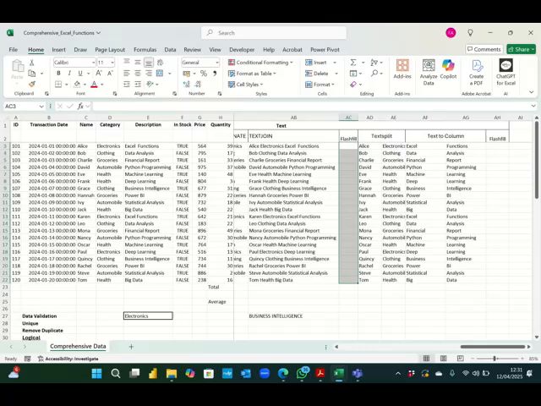I want to type the second one, electronics, then clothing. You see, when I start typing clothing, it now knows that the next one is grocery, the next one is automobile, and the rest. Then I press on